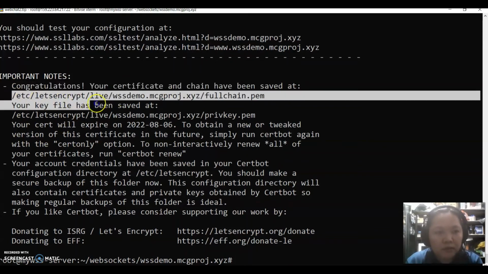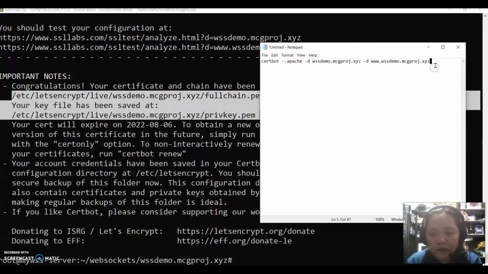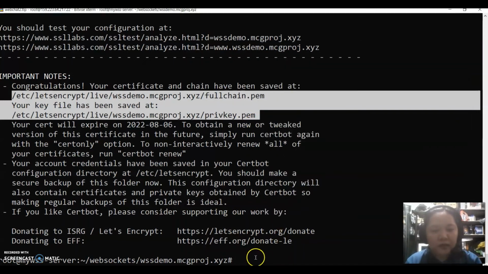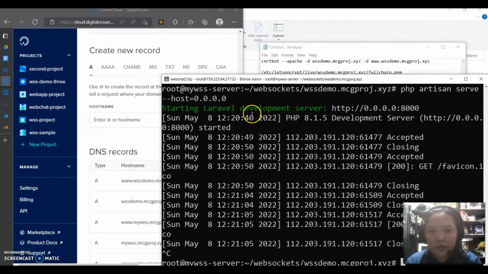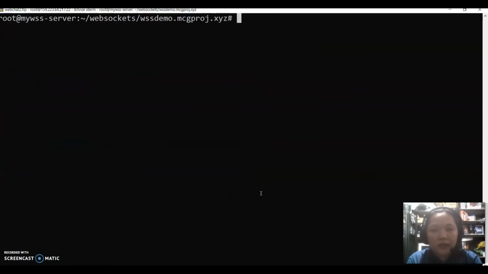We will keep the location of the full chain and the private key. Okay? It's in here because we will need that to update our WebSocket service. Alright, so let me minimize this for now. Let me go to the other terminal, maximize that one, clear, and then in the cd config,